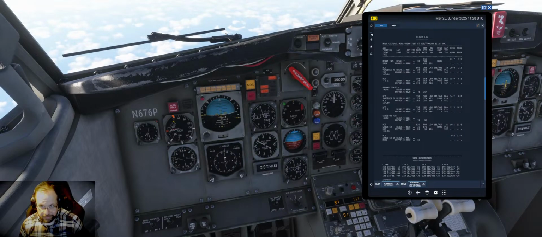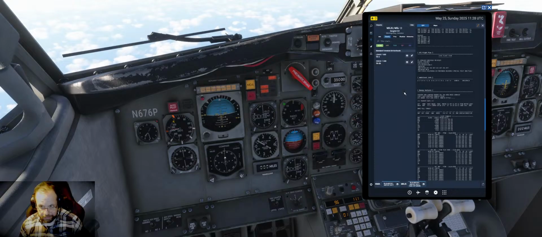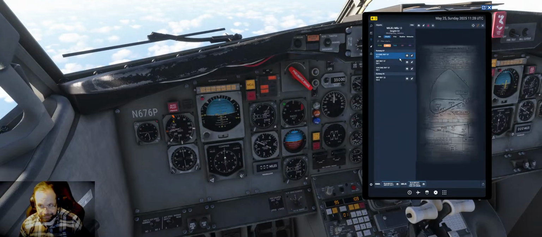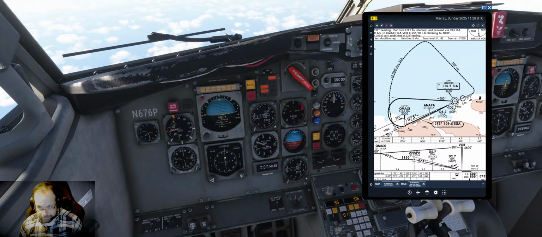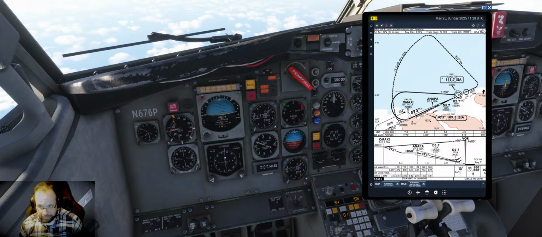It's a localizer approach, so we got the ILS DME approach. So we're going to be coming in at CIA, which is the Sangster International Airport VOR. And when we intercept this VOR, we're going to make a heading turn to 280. We'll track this out 280 to the 13 nautical mile DME arc, and then we're going to make a